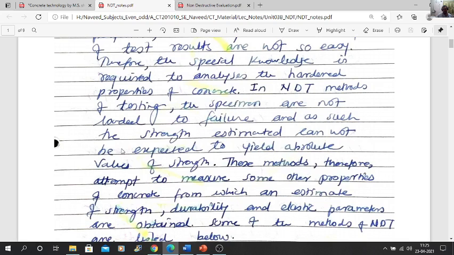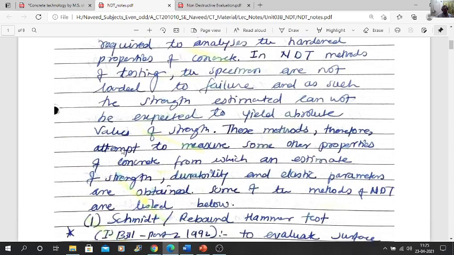In the NDT method of testing, the specimens are not loaded to failure, and as such the strength estimated cannot be expected to yield an absolute value of strength, because we are not crushing or applying the load up to failure.